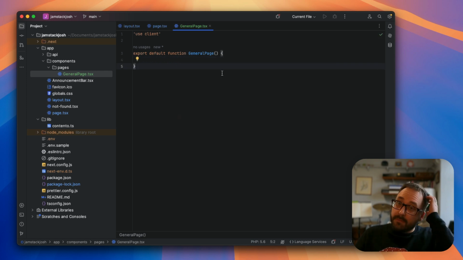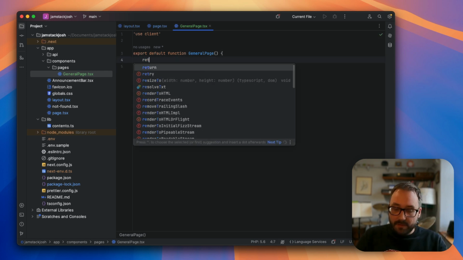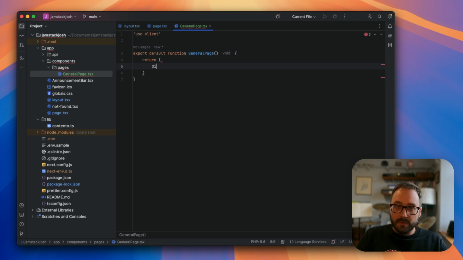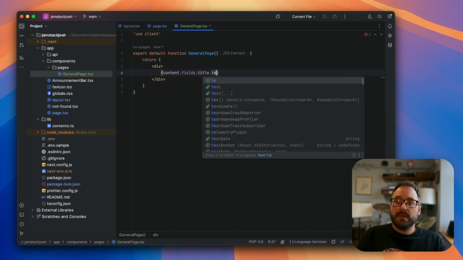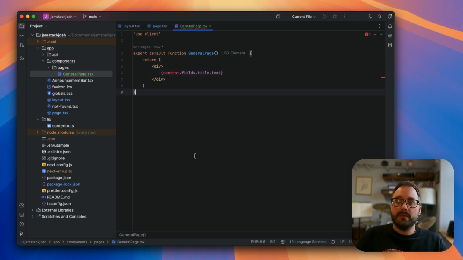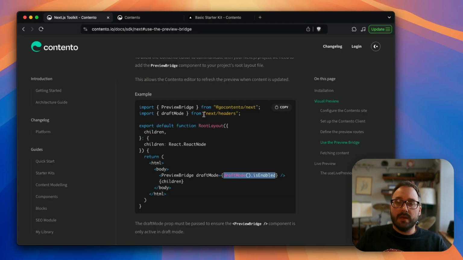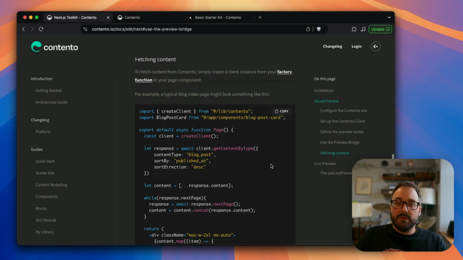Cool. Now this is going to return, again, just to begin with, a div with our title inside it. Now we need to pass that in, and the way we do that is via,